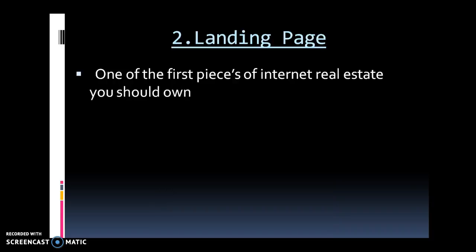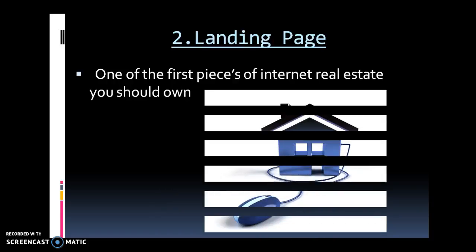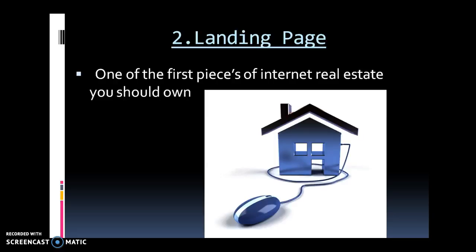Number 2, a landing page. This is one of the first pieces of internet real estate that you should own. When I started back 7 years ago, guys, I was so quick to run out and get an LLC and stock certificates and a company seal and a fancy portfolio briefcase and certification from who's who in small business. I mean, guys, the credentials go on and on and on. But at the end of the day, a landing page, guys, if I would have really taken seriously to think about a landing page, or it's also called an opt-in page,